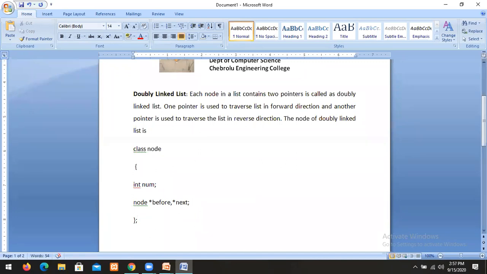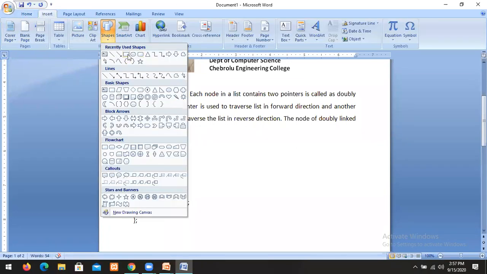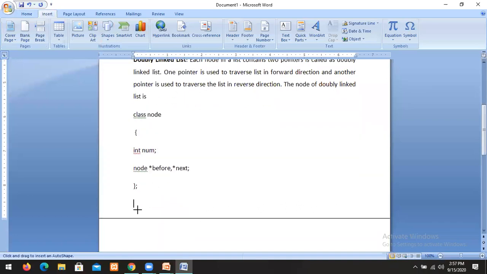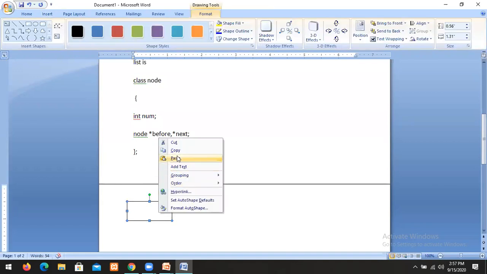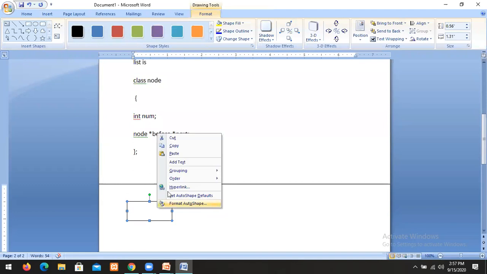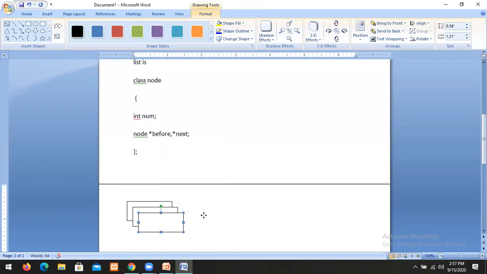So we take one example. Let us assume that there are three nodes. This is the first, second, and third node.